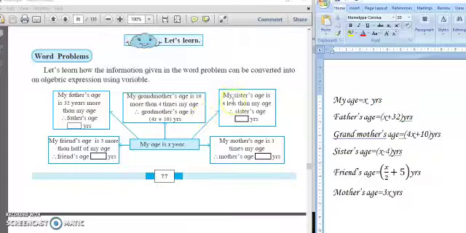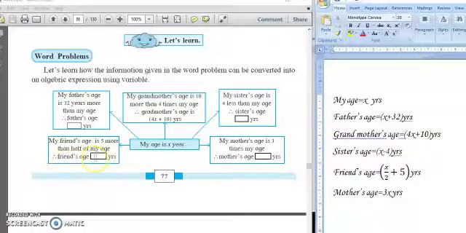Now third question is given here. My sister's age is 4 less than my age. 4 less than my age means x minus 4 years. So in this bracket write down x minus 4. Subtract 4 from my age. Now next question. My friend's age is 5 more than half of my age. So half of my age means x divided by 2. First of all x divided by 2, and then 5 more. 5 more means plus 5. Okay, x divided by 2 plus 5. If you perform this, then you will get the age of your friend.